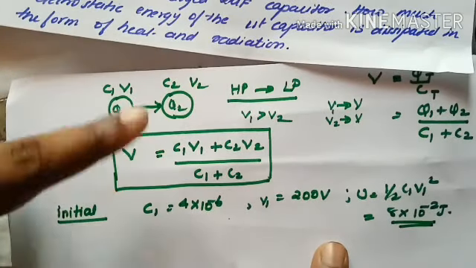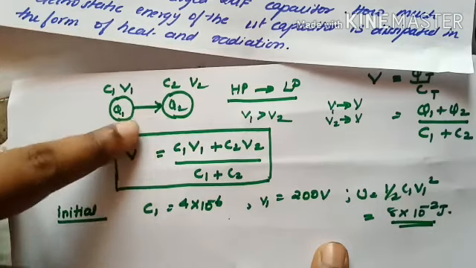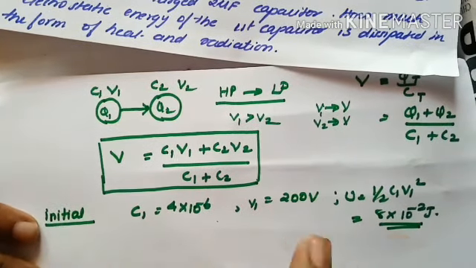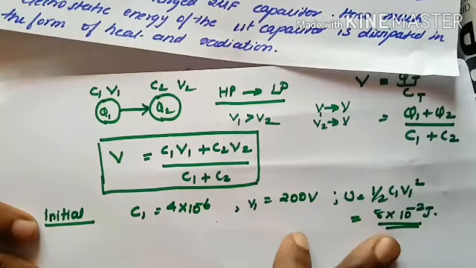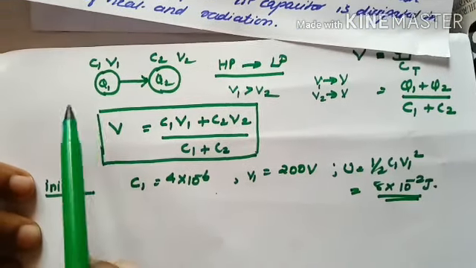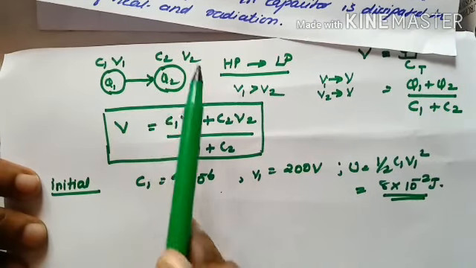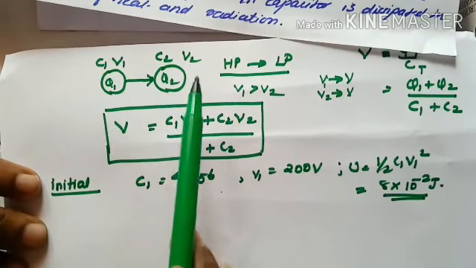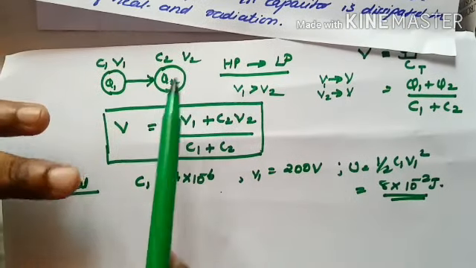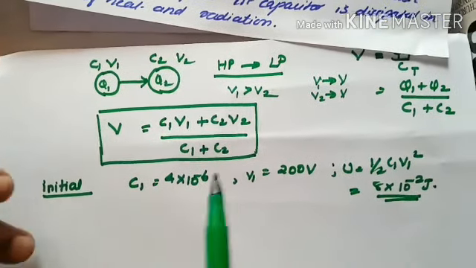It is connected to this capacitor, which is of capacitance 2 microfarad. Then how much energy is it going to lose? Now C2 is not separately given a supply, right? So what is being done? You are connecting C1 to C2 only. C2 is initially not connected to any charge supply, so would it have any potential? No. So V2 will be equal to 0.